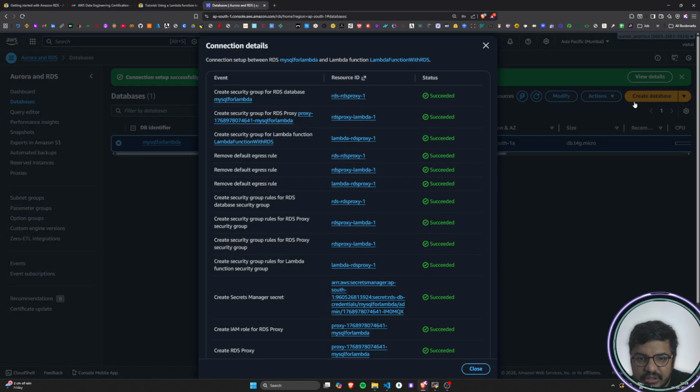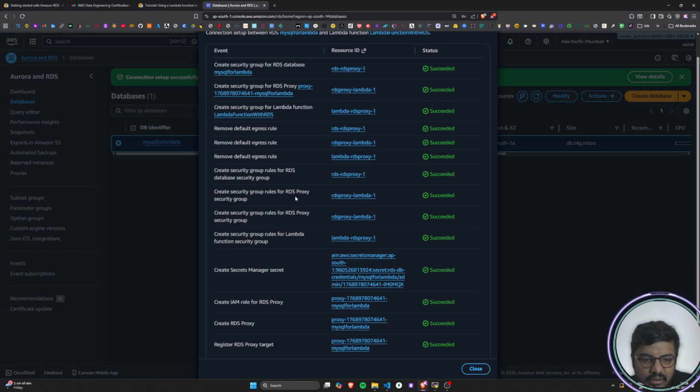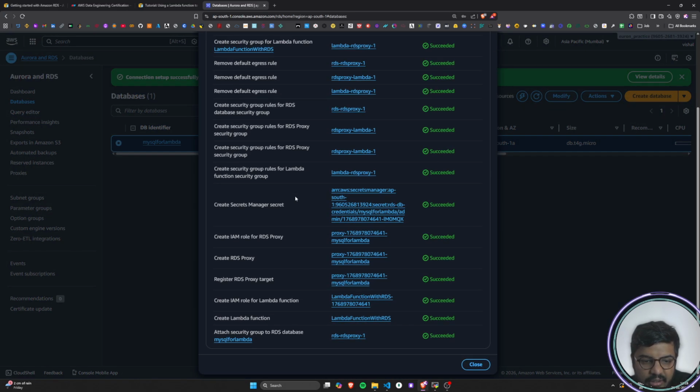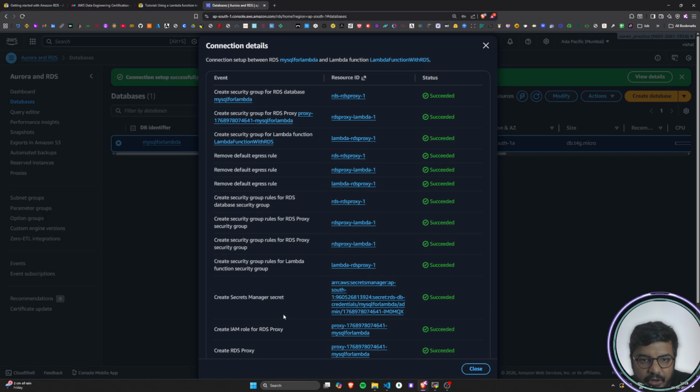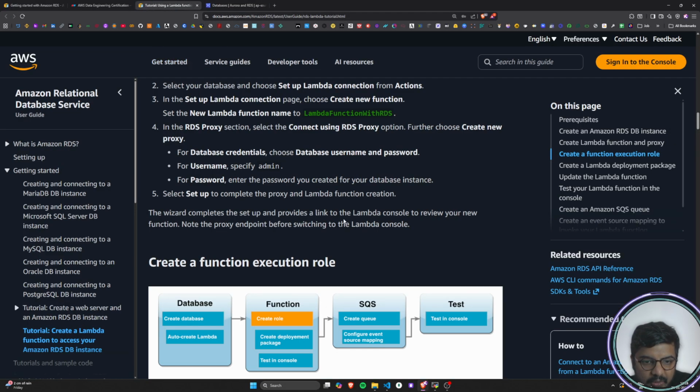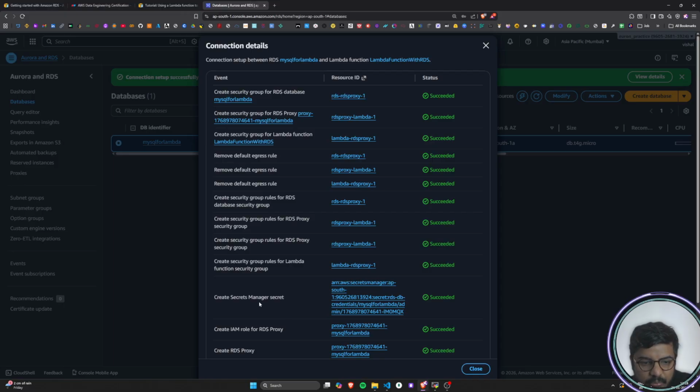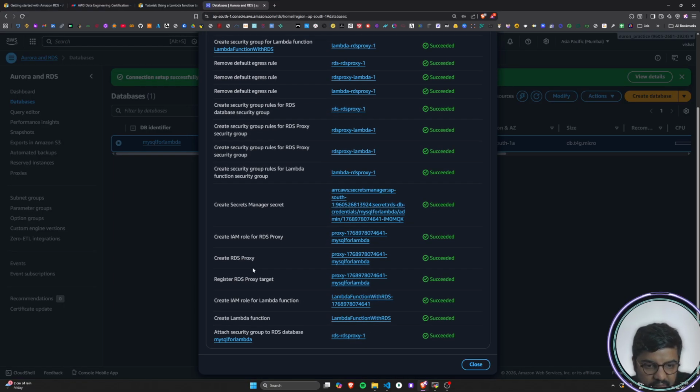Cool. So I can just click on this view details and you will be able to see all the details here. Okay. And here what I have to do is copy the endpoint. The visit completes and setup shows the link of the Lambda console to review the new function. Note the proxy endpoint before switching to the Lambda console. So the proxy endpoint is